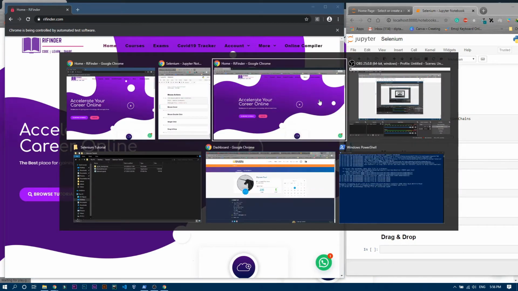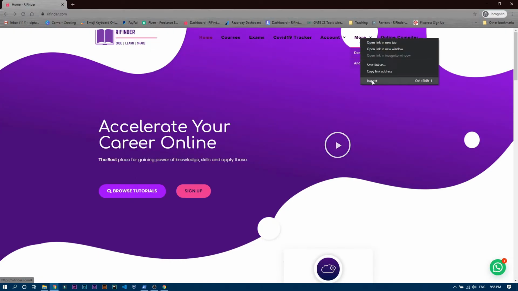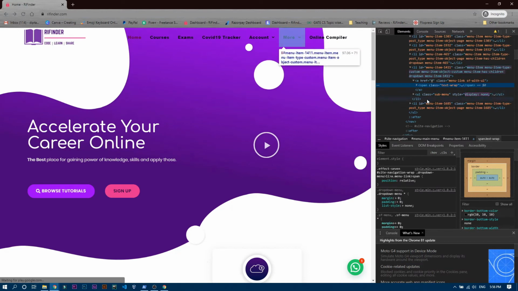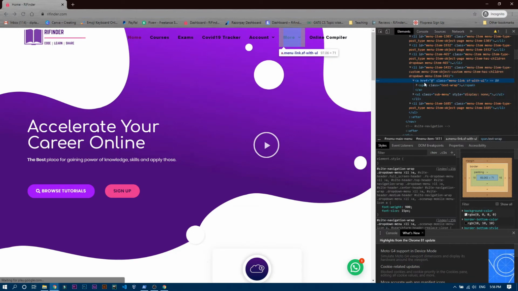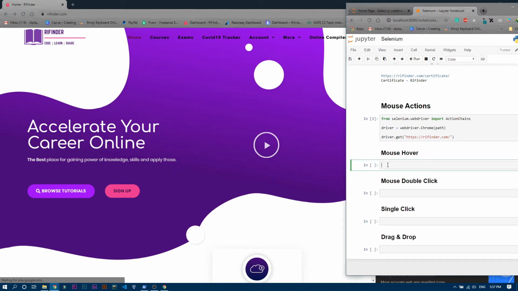So obviously we need to click on more, right? So let's find the XPath of the more button. You can see this is the more option. I'm just copying this XPath from here and going into our code section. Here I'm going to write driver.find_element_by_xpath, and I'll just paste that XPath. Perfect. After finding the XPath of more, we have to move our cursor over there, right?